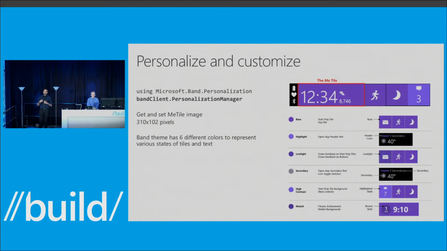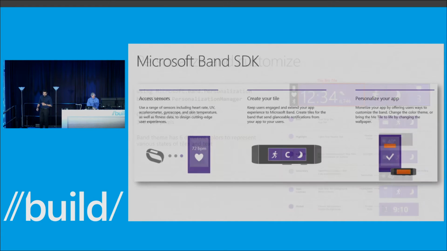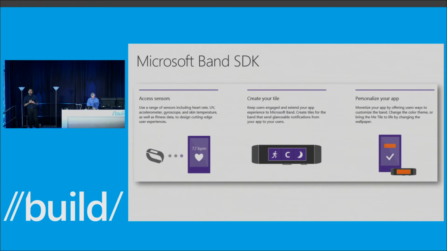Using the SDK, you can actually change that theme, and you can change the look and feel of the Microsoft Band for your users. The same theme is used for your application tiles. So if you want to change the theme of your particular tile and be different from the main theme, you can use the same band theme class to do that. So just to recap, we saw today that you can use the Microsoft Band SDK to access sensors. You can use it to create your own tiles and send data and get events back from those. And lastly, we talked about how you can personalize the Microsoft Band by using the SDK.